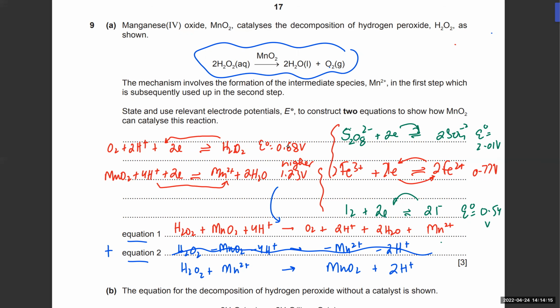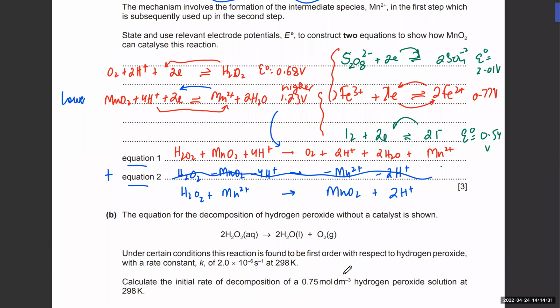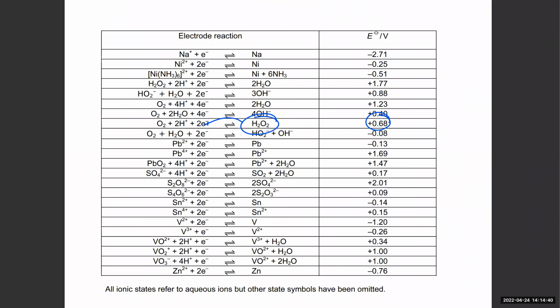So what's going to be the second step? The second step, the catalyst has to be reformed. So in the second step, this equation needs to go back. So it must be the lower potential, right? The Mn2 plus gets converted back into MnO2. Is that clear? It gets converted back to MnO2. So the potential for that is the V potential. It's the same one,